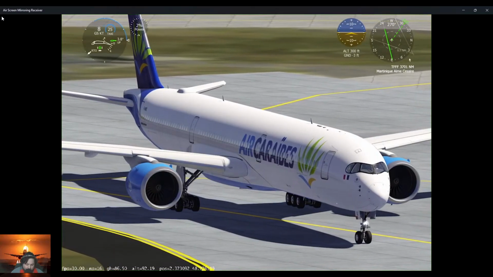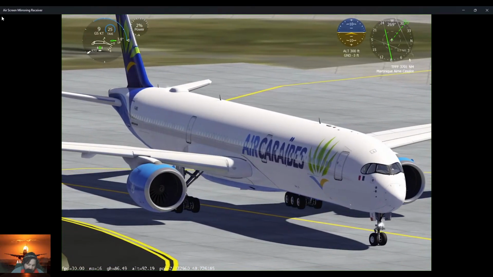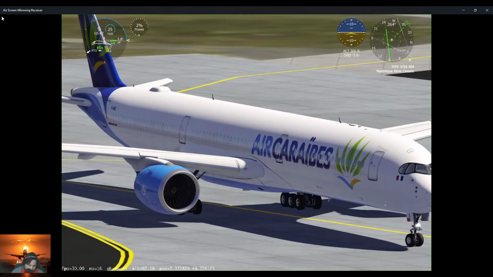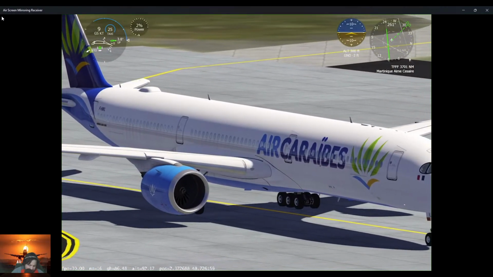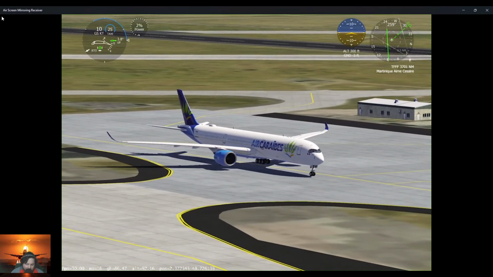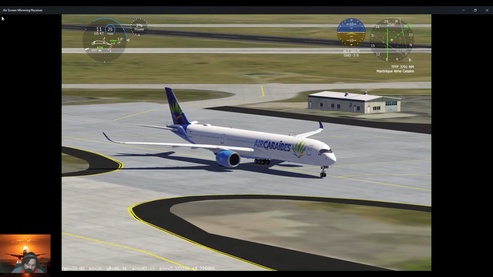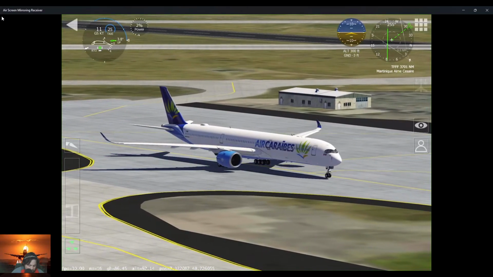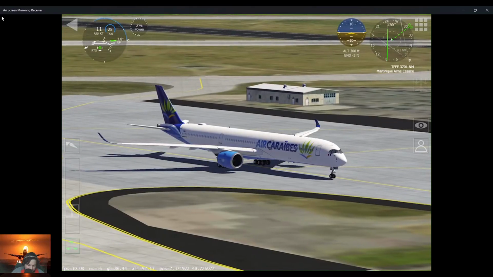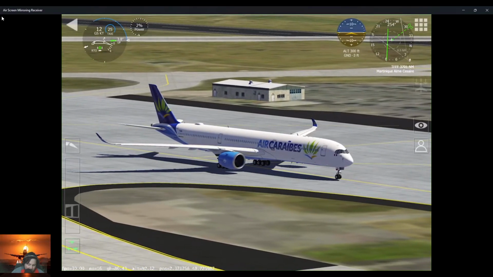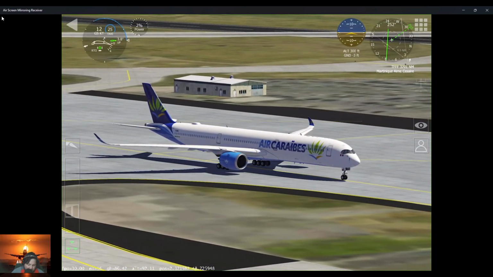Can't believe they have an A350 now. So awesome. I've really missed this flight simulator. Like, I spent so many years on this thing, so many years before Microsoft. I played X-Plane on iPads and mobile devices too, but